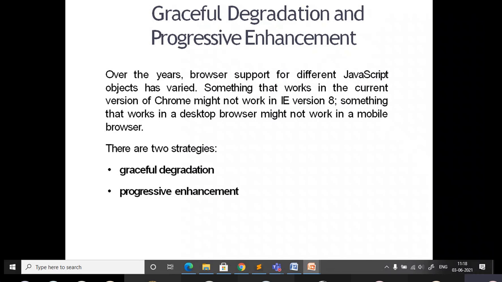Because normally when you write JavaScript, a lot of times you get pop-up messages, and all this information you may not get if you are using the older browser. So that is called graceful degradation, where JavaScript is not supported.